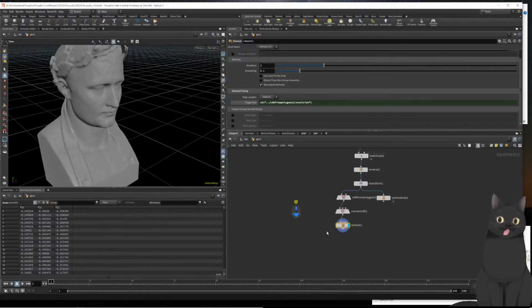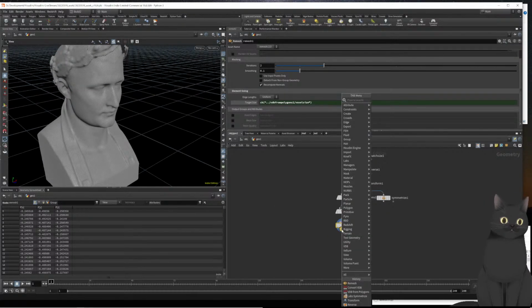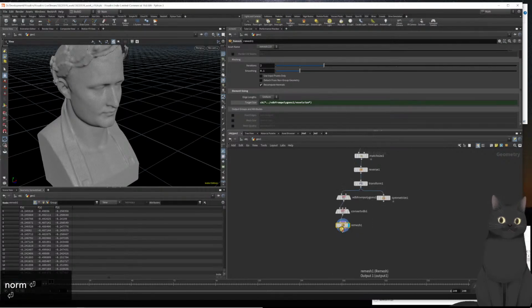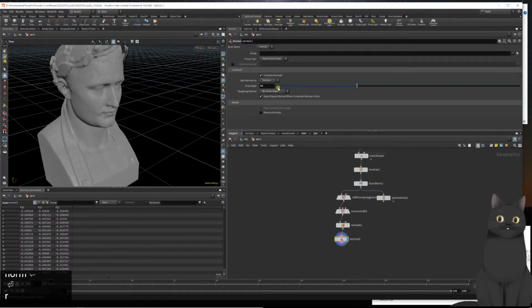Next, just for good measure, we're going to add point normals here. So using a normal node that we're going to set to points, and then let's find out what the curvature of this mesh is and in which areas the curvature is high. I'm going to do that using